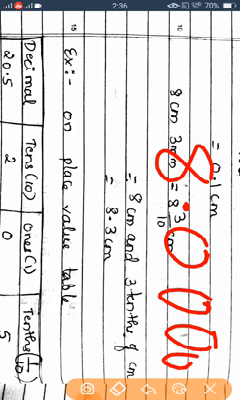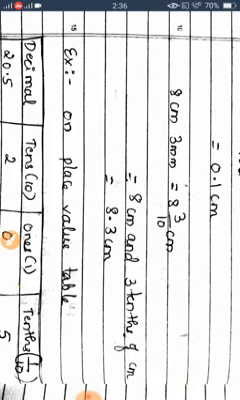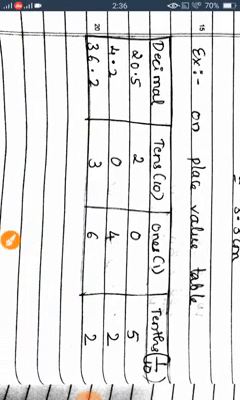If nothing is there, then 0.3. How to add it? Decimals, so below the decimal only we can keep. So 0.3 plus 8.0, if you add, you'll get the answer. On the place value table for the tenths,